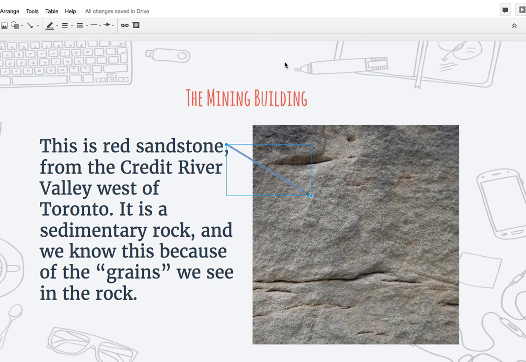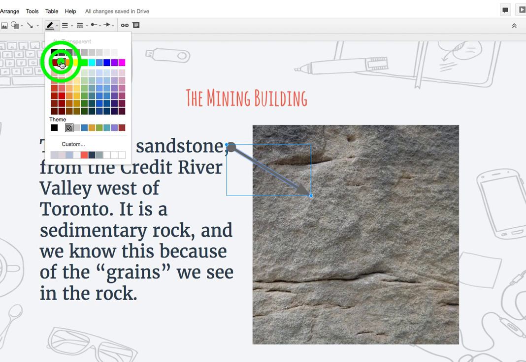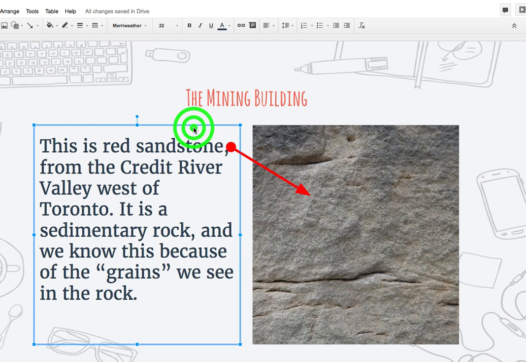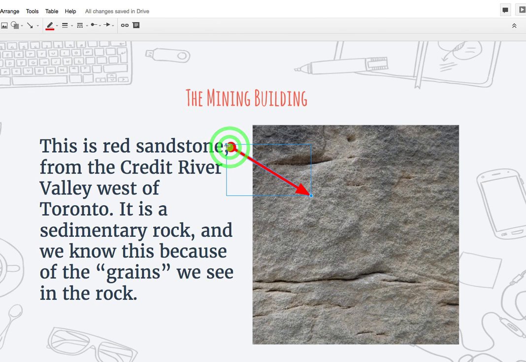So if I select my arrow, I can change what's at the beginning of the arrow if I want some other kind of symbol like a circle, and you can change the type of arrowhead that you have at the end. But we should also be able to change the line weight, so we can make it a bit thicker so it's easier to see, as well as the line color. So if we pick something bright, then that really helps to stand out. Now because we only have a picture of red sandstone, I probably don't need an arrow,